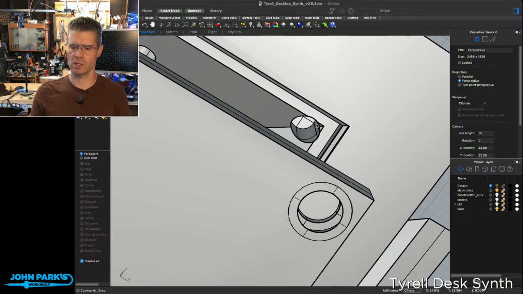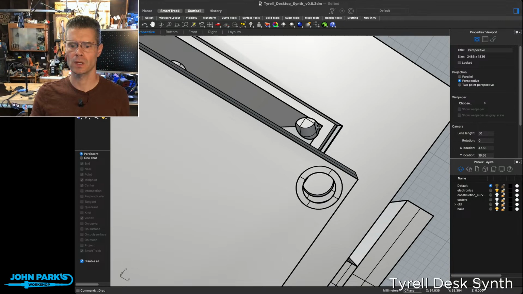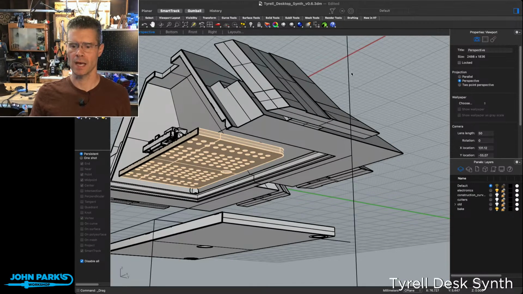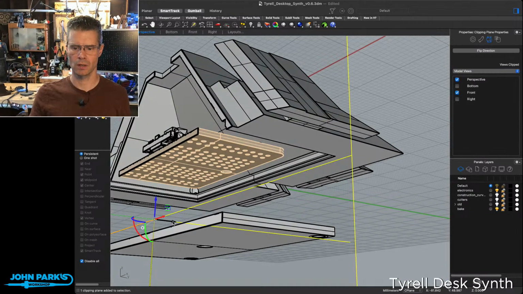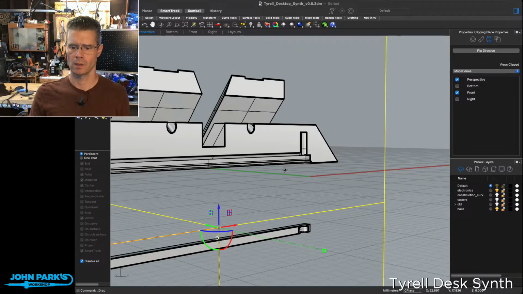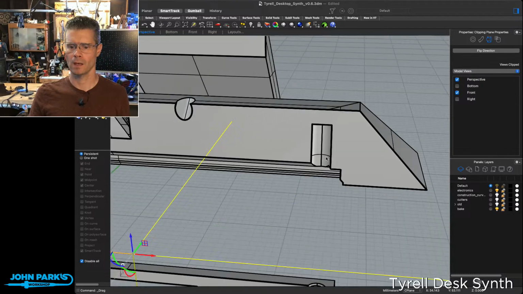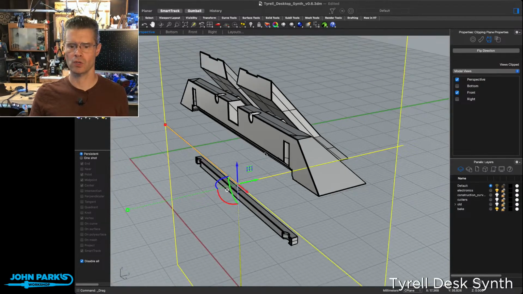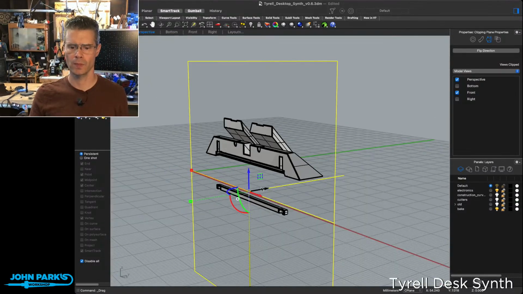It's still a nice way to screw the nylon screws into it, and works pretty well. And I may do a second version where I expand that for M2.5 heat set inserts, threaded inserts, so that you can open it and close it up. But yeah, those are the little holes for screwing in from under the bottom.